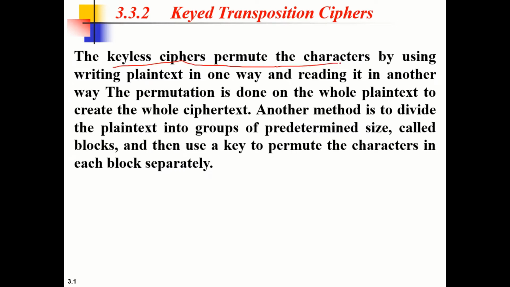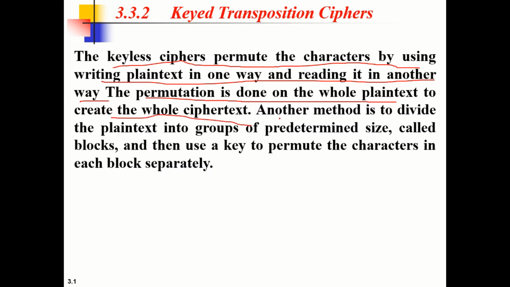The keyless cipher permutes the characters by writing the plain text in one way and reading it in another way. That is the same thing we did in keyless transposition ciphers. We wrote the given plain text row by row, and then we read it column by column, right? So that was the technique for enciphering using keyless transposition ciphers. In keyless transposition ciphers, the permutation was done on the whole plain text to create the whole cipher